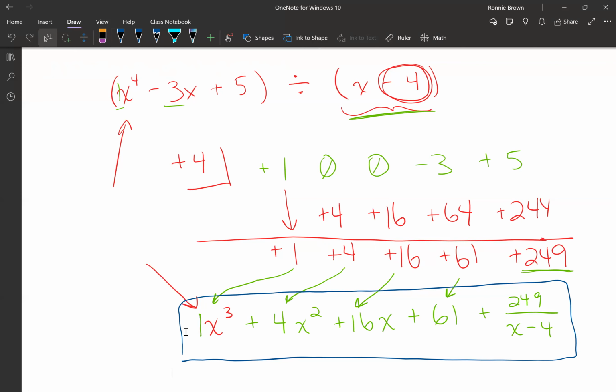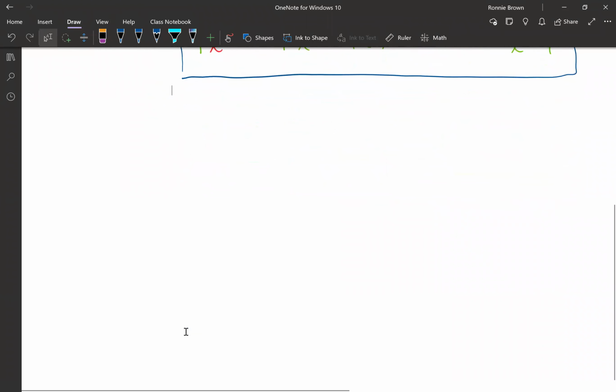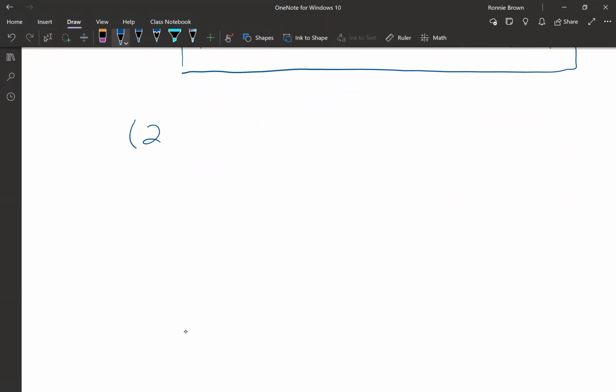All right, let's take a look at another example. So our next example will be 2x to the third minus 3x squared plus 4x minus 1, and that's being divided by x plus 1. So once again,